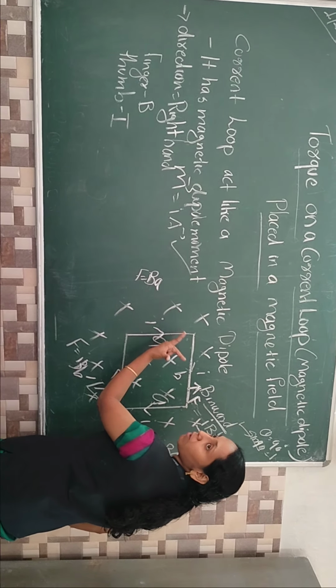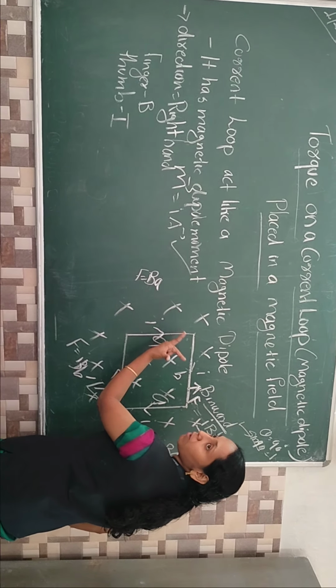Current in this upward direction, magnetic field inward, force in this direction. Yes, force in this direction. Listen everyone, now you can understand that. First case, force upward; bottom case, force downward. In this case, force is in this direction. In this case, force in the opposite direction. So what is the net force? Zero. Very good, zero. So the rectangular loop is placed like that.